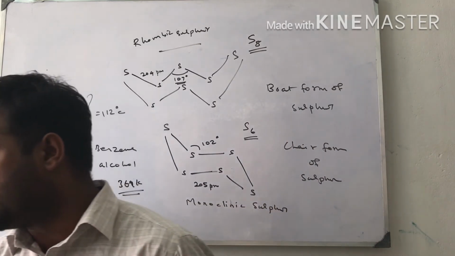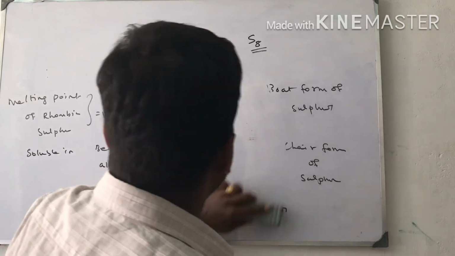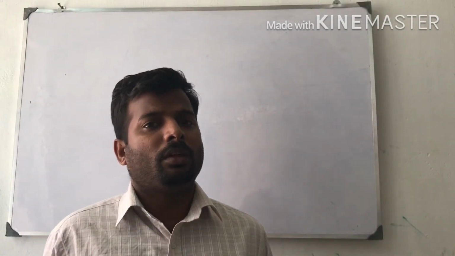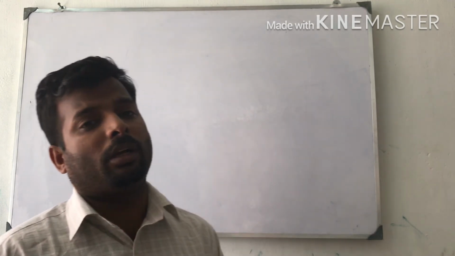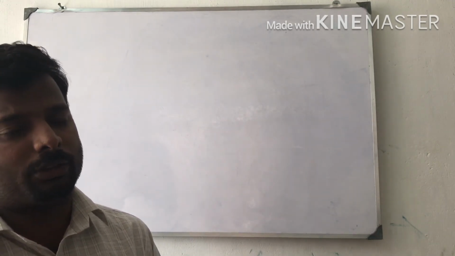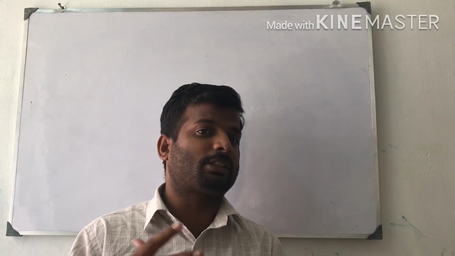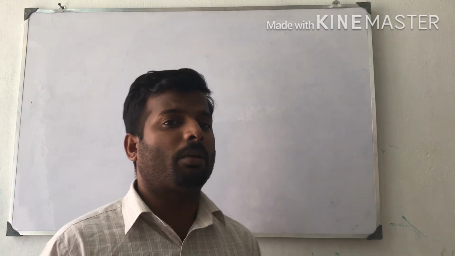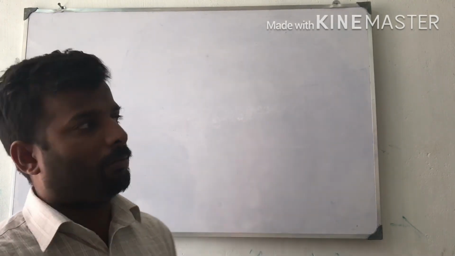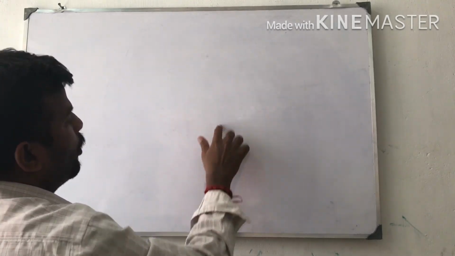Monoclinic sulfur is a very important form of sulfur. It is otherwise known as beta sulfur. Both rhombic and monoclinic sulfur form S8 molecules. These S8 molecules pack to give different crystal structures. These S8 molecules are normally crown-shaped or puckered rings. S8 rings also form, as well as boat shapes.